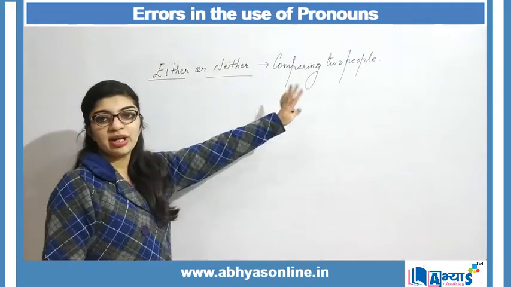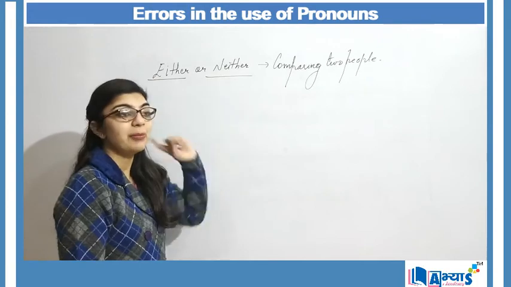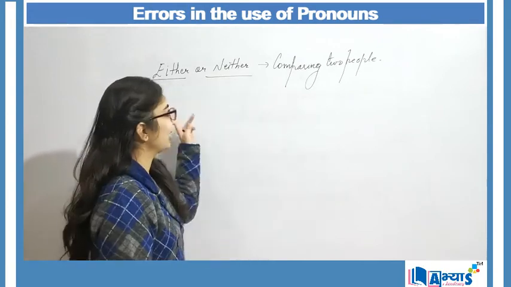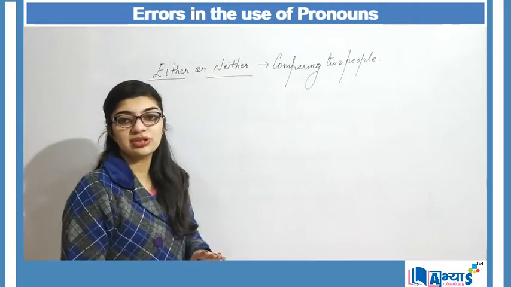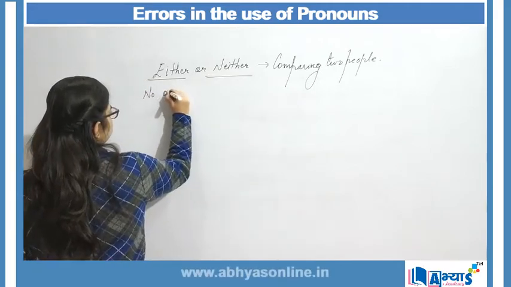And when we are comparing two people, then we can make use of words like either or neither. But when there are more than two people, then either and neither are not used. Instead, we say no one,